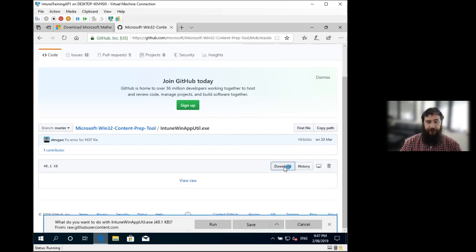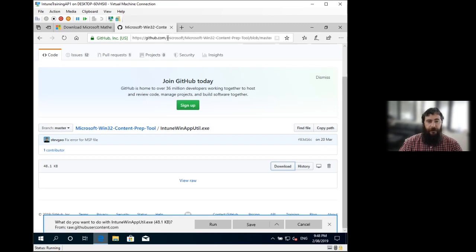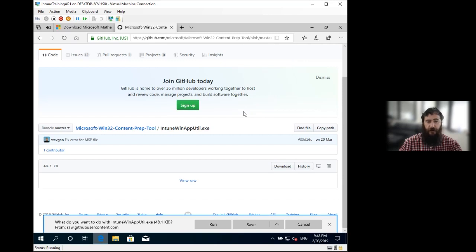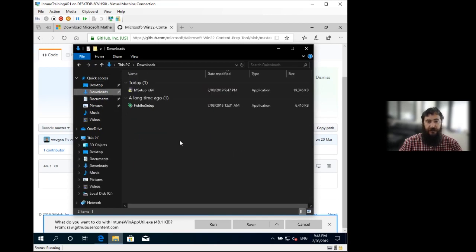So, Steve, this is basically an open source, or at least shared through GitHub, project that's put out by Microsoft to manage the Win32 apps. This isn't a third-party repo, right? That's correct. It is definitely a Microsoft repo. You can see here in the address bar it's from Microsoft, and this is Microsoft's only recommended way to upload the files. So now if we go to our downloads, we'll see here, it hasn't downloaded that because